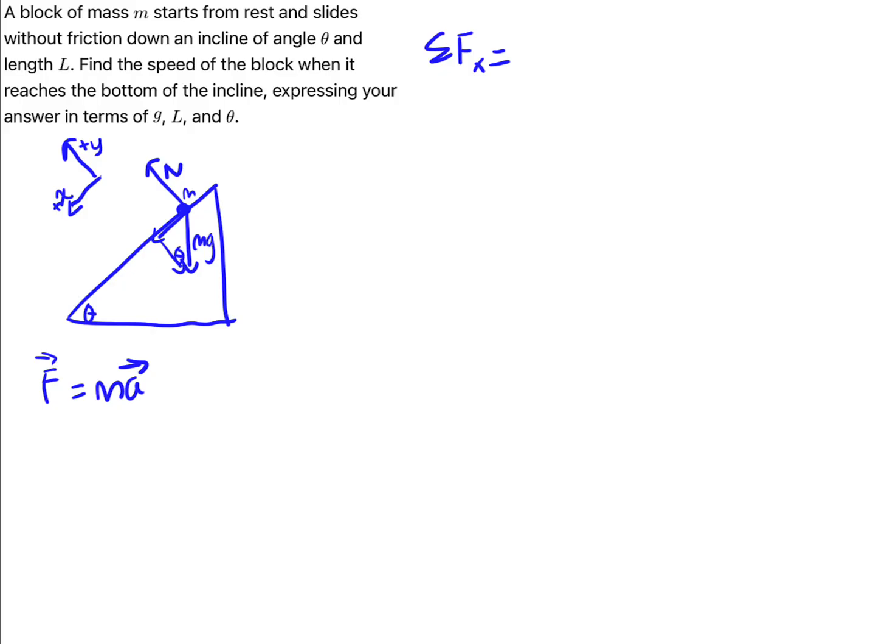So the sum of the forces in the x direction, which is along the incline, and this angle is also theta. From this, the force of gravity in the x direction is just mg sine theta, and that's the only force there since there's no friction. So we equate that to the mass times the acceleration in the x direction. Now for the y direction,